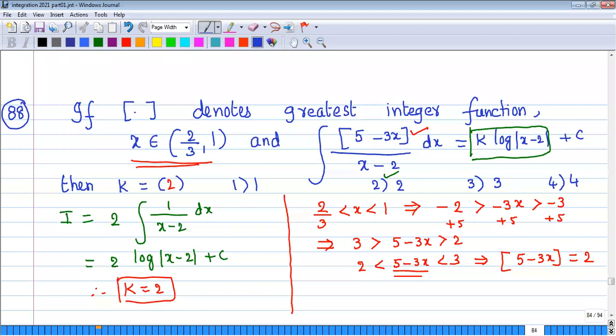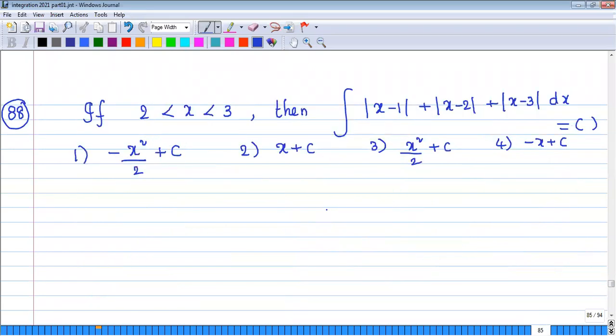Right. So now whenever these kinds of functions, mod x function or integral part function, will be given, you need to define them first. After that, we need to integrate it. Basically these problems are important as far as JEE Advanced is concerned. Most of the questions will be based on integral part function as well as mod function.